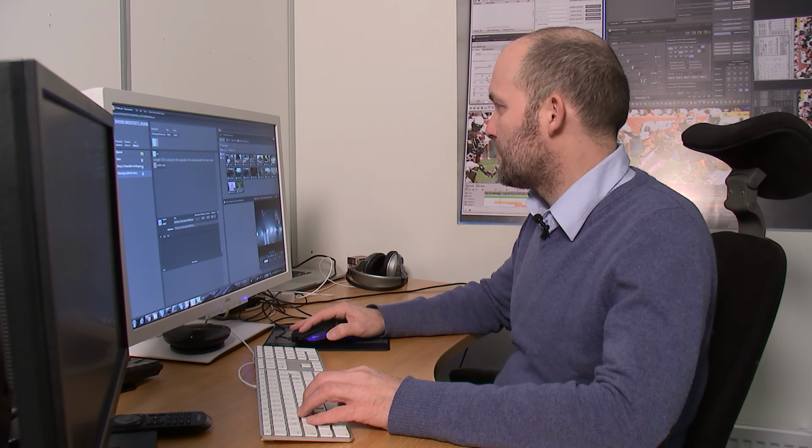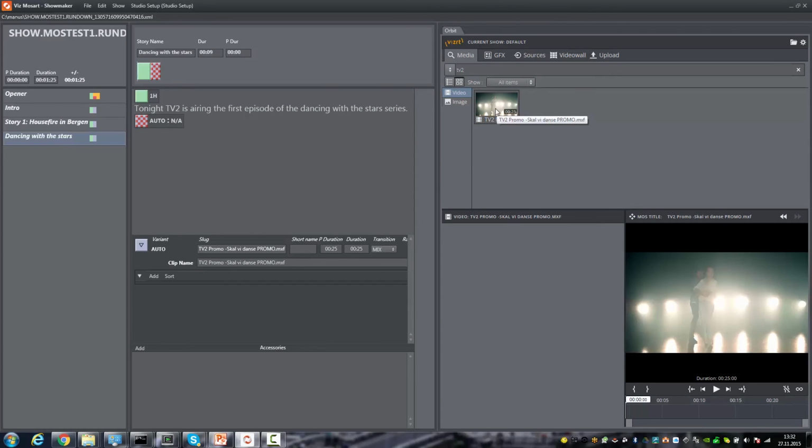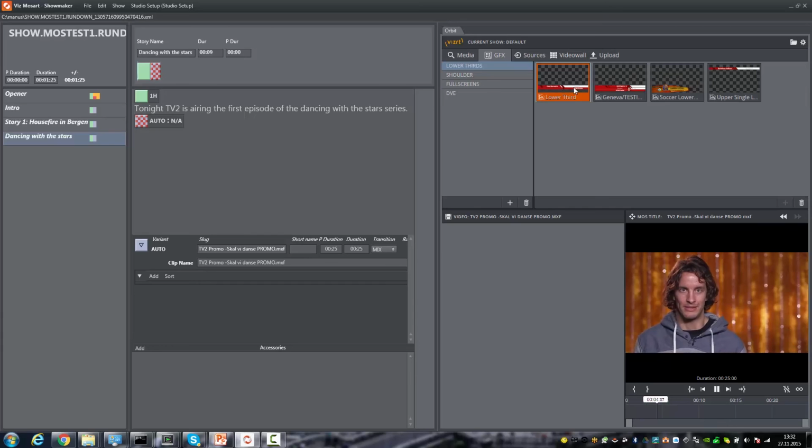So we can go to the media search over here, where we can search for instance, TV2, and open up a video clip. This clip comes from Viz One, and I can preview the proxy of the clip here, and I can also add graphics. So let's add a simple lower third,